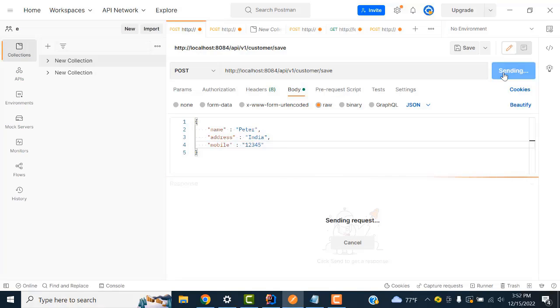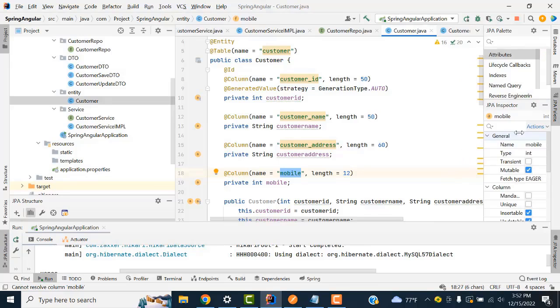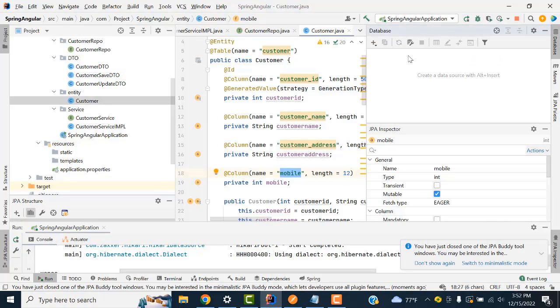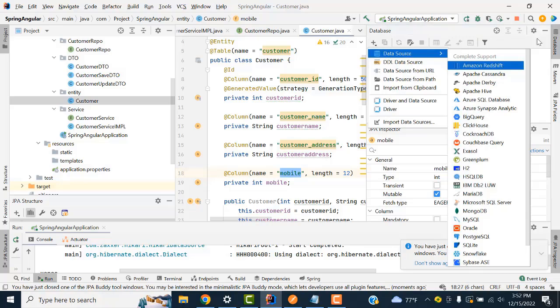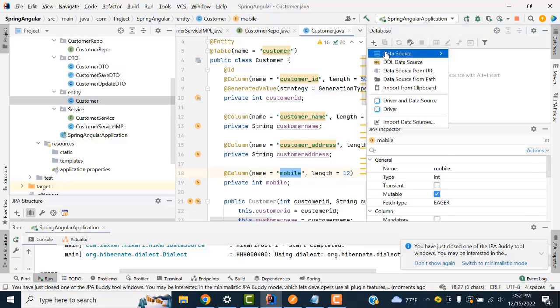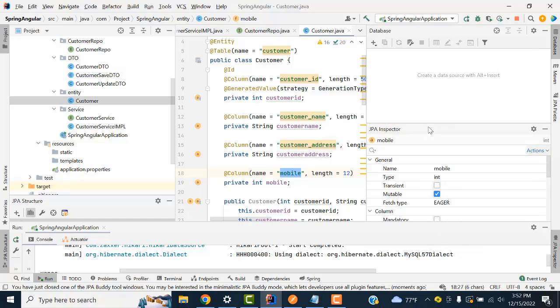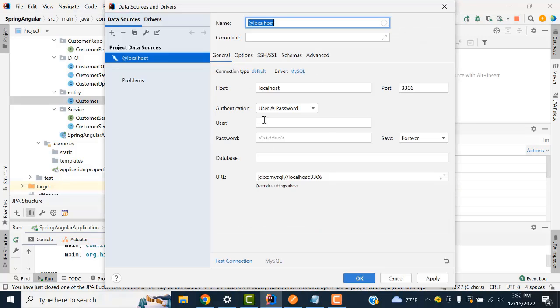Try it like this. Now let's click the send button. See here, it's working. Now you can see in the database whether it's saved or not. This is your database. In IntelliJ IDEA, click here, Database, Data Source. You have to select the database as MySQL. Localhost, username root, password root, and you will be able to see